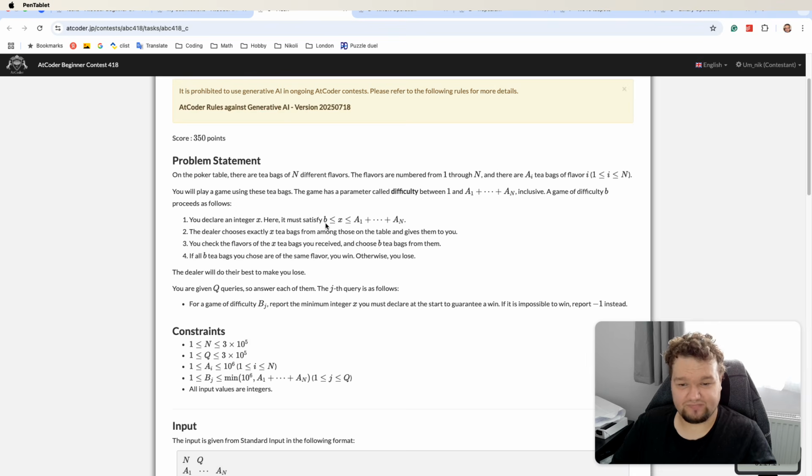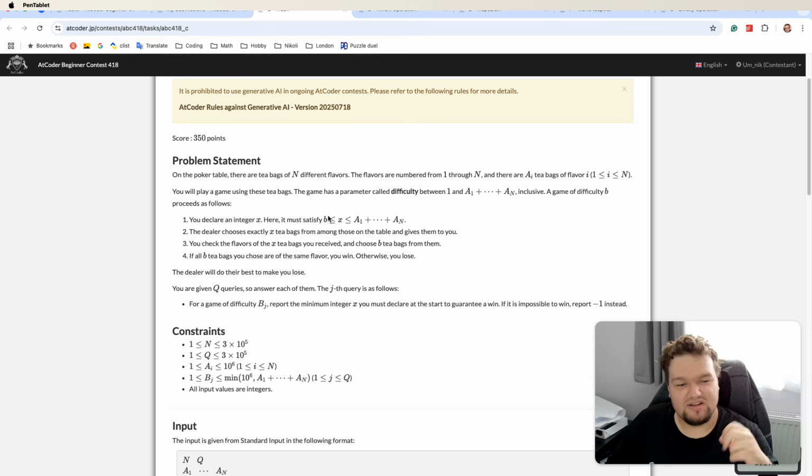So obviously, of every type i, the dealer can give us minimum of A_i and B minus 1